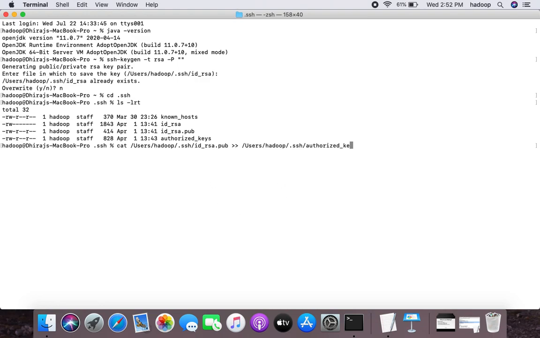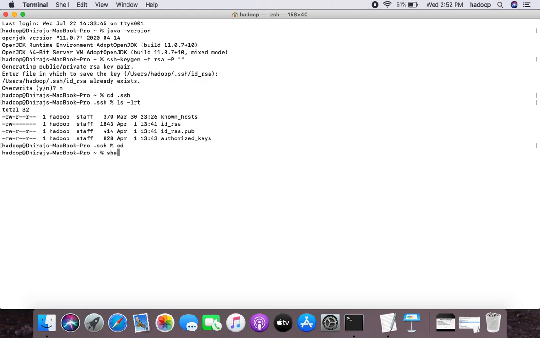Okay, now you can have access to everything. You just need to hit enter after doing this. Since I have already done it, I won't do that. You need to hit enter, and if there is any problem, I'll be happy to help you out. Yeah. So after that, once you have moved the id_rsa.pub file to the authorized keys folder, now